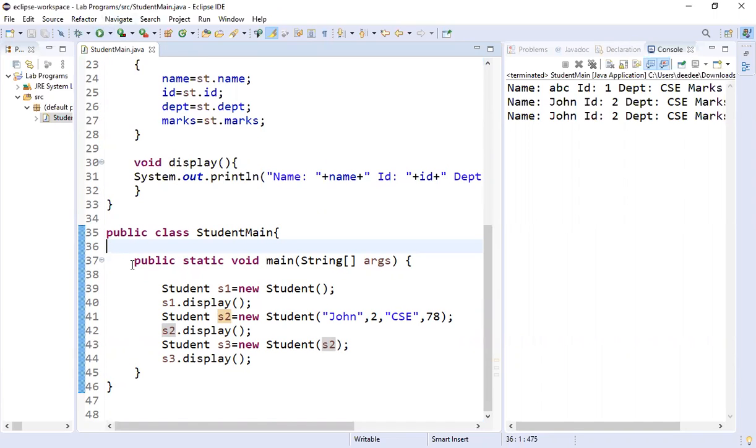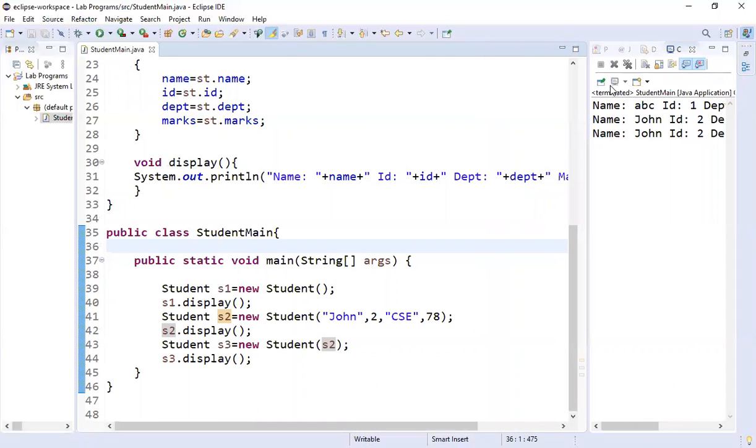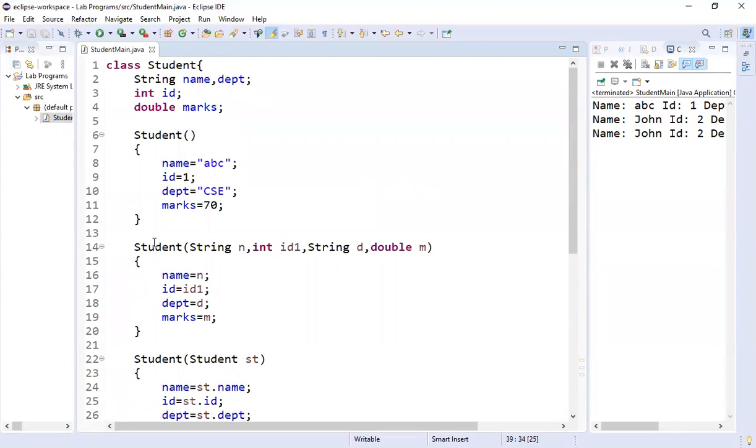We have the main method here, and to call upon different types of constructors, I have different types of objects and different types of parameters here. So the first one that I'm going to call is a default constructor student, referring to the class student above.